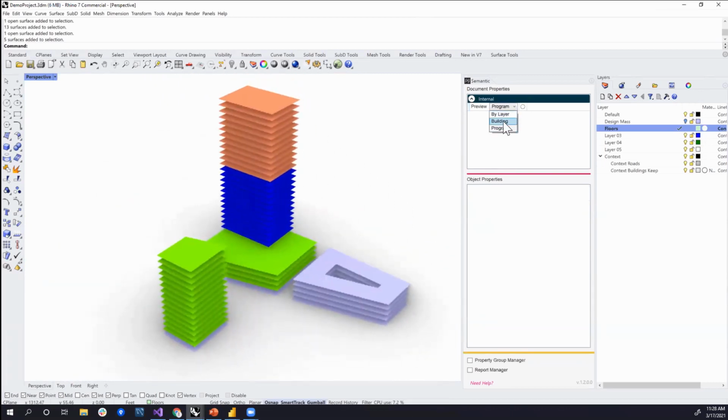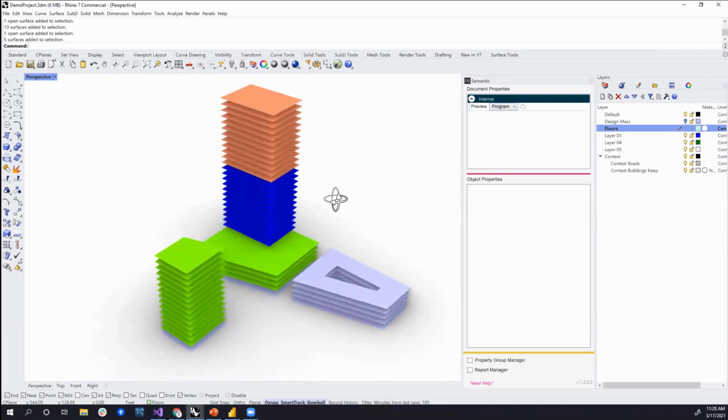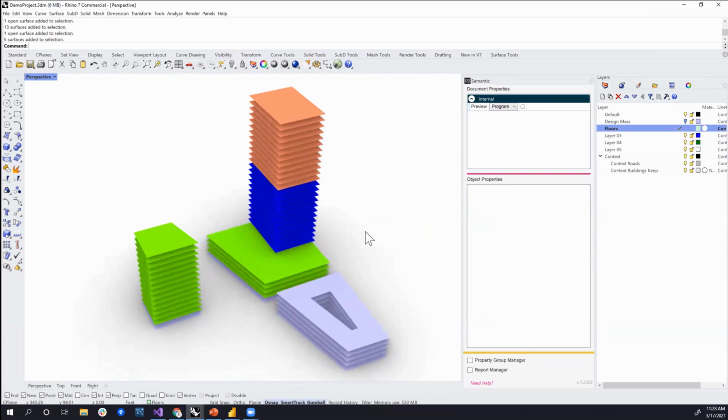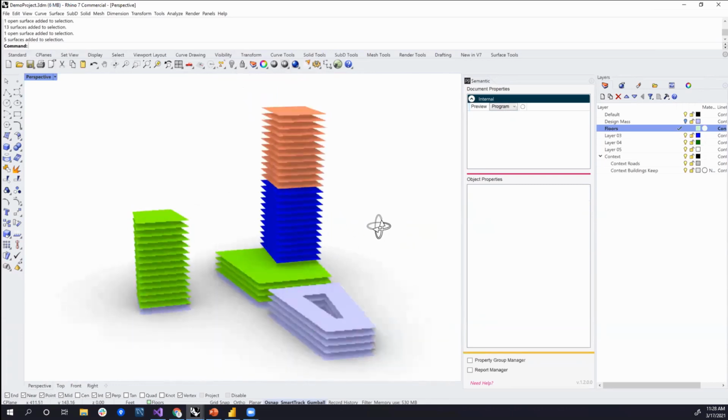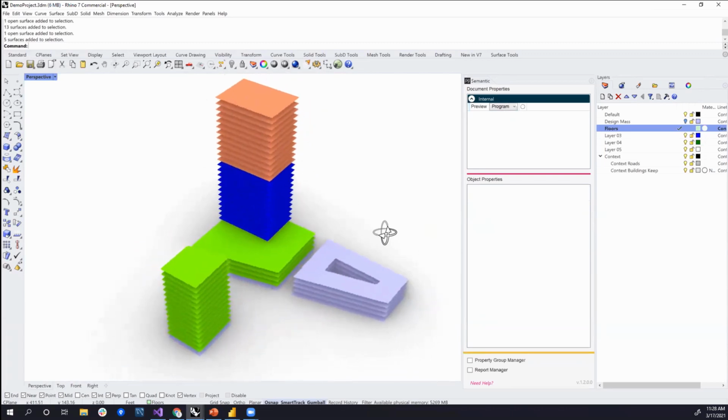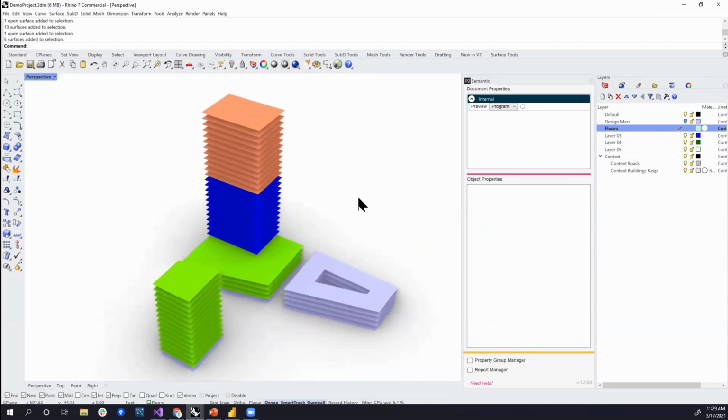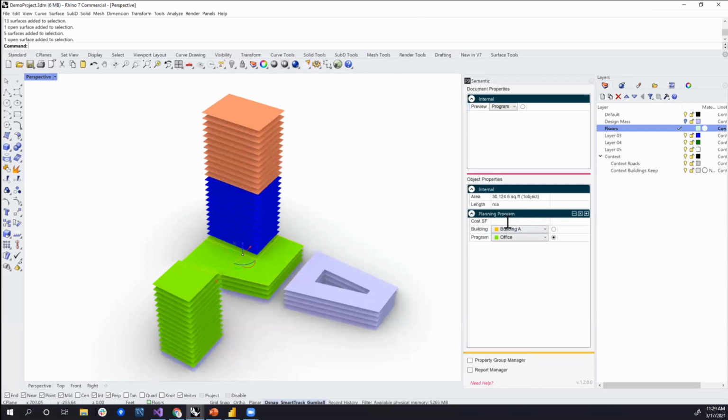And now I can go in and say, okay, show me everything by building, show me by the layer color, show me by program. So we've kind of got this extra layer of information now that is existing on top of these objects. What's interesting now is that these are computing areas, and we have these designations. We also have this field here for cost per square foot. So maybe if I select all of these here, I'm going to give these a designation of like 200 to start. So $200